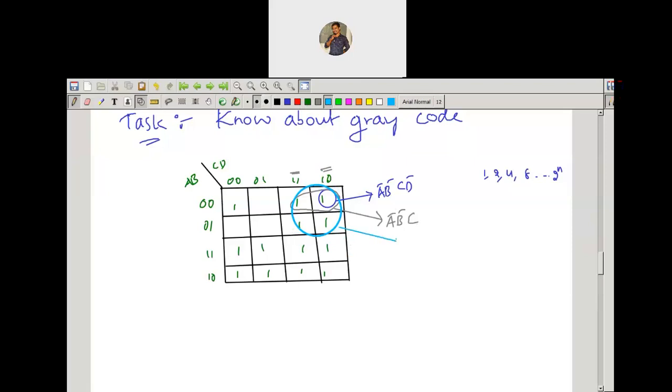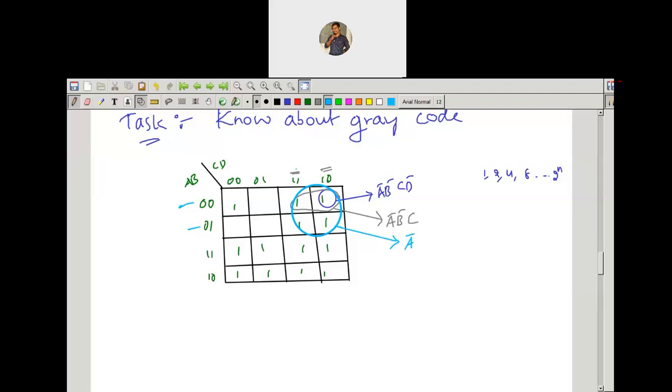So you can observe for this 4 cell grouping, on the left side you have 0, 0 and 0, 1. The A value is 0. The corresponding left side rows are the 0, 0 row and the 0, 1 row. From 0, 0 and 0, 1, A value 0 is common, but the B value changes from 0 to 1. So B is not a common variable, only A is common. What is the value of A? It is A bar, since A has 0 value. B is not common, so just leave it.